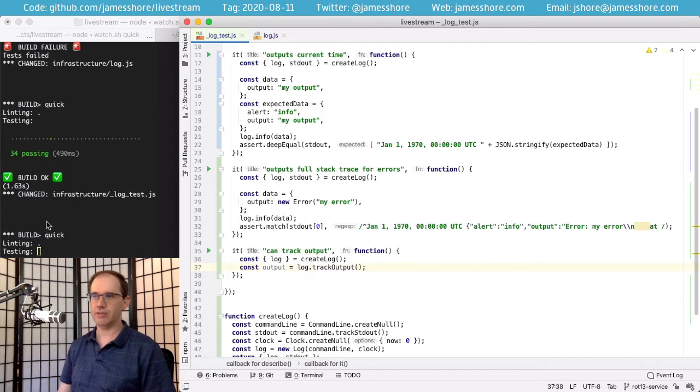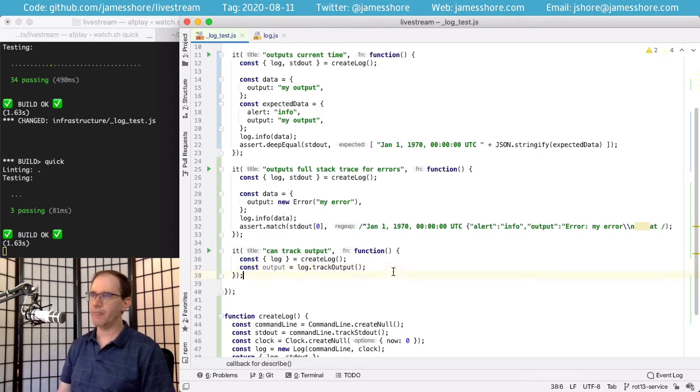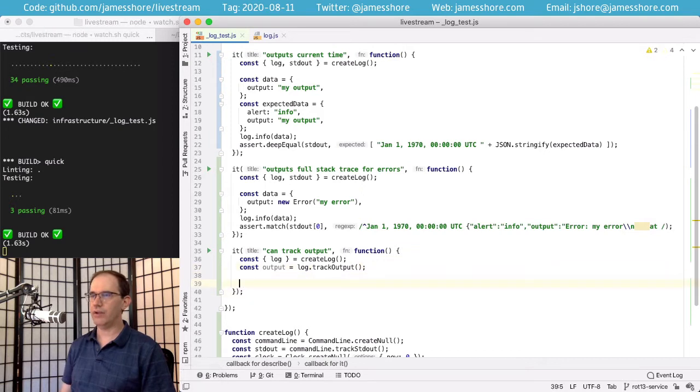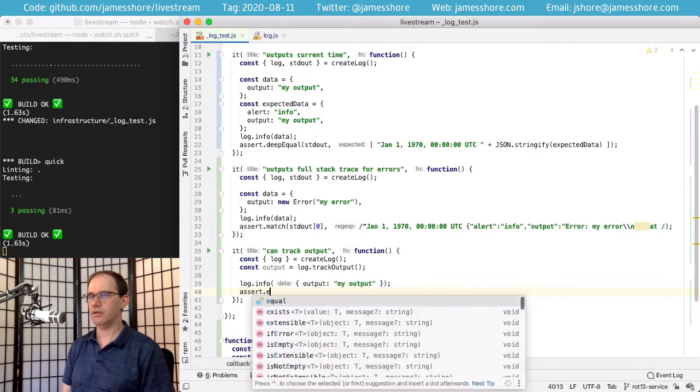And that's going to work because it's stubbed in. And then we'll log something, and we'll assert something here.